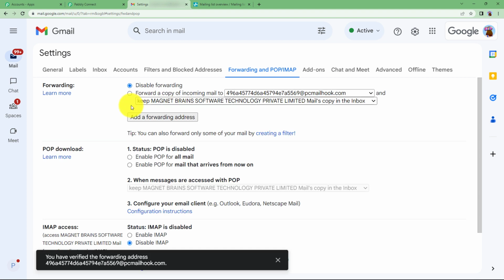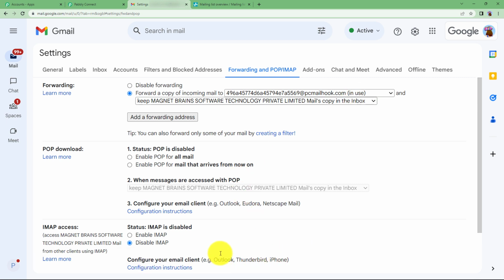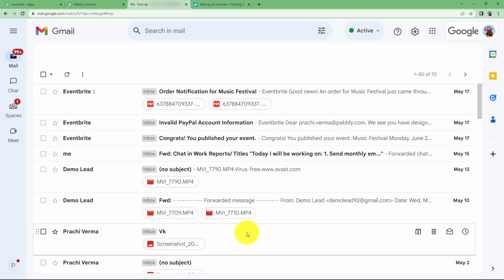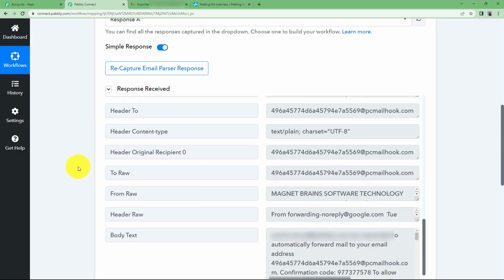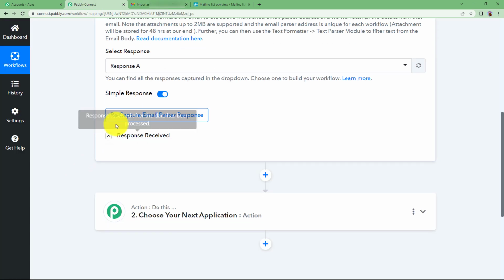Click on verify. Now forward a copy of incoming mail to this address. Okay, this is done, and just simply come over here and click on save settings. So now the forwarding has been enabled. Once this is done, now we will actually send a mail by clicking on recapture email parser response, and then